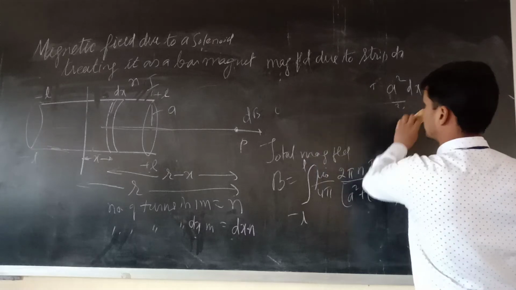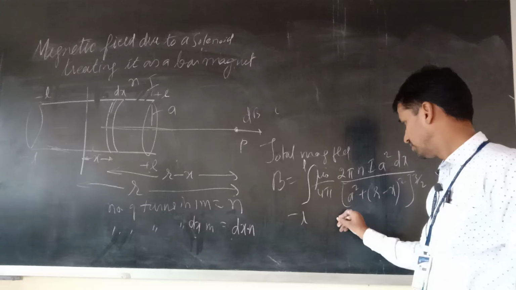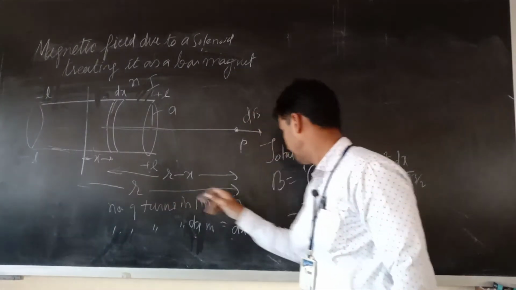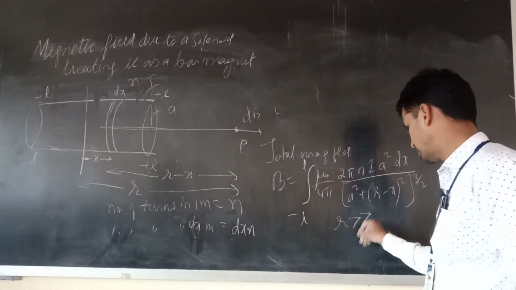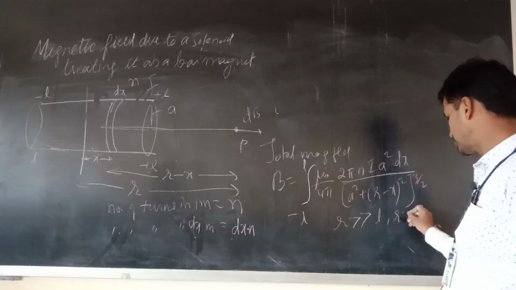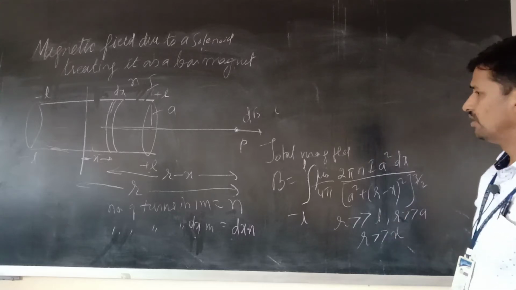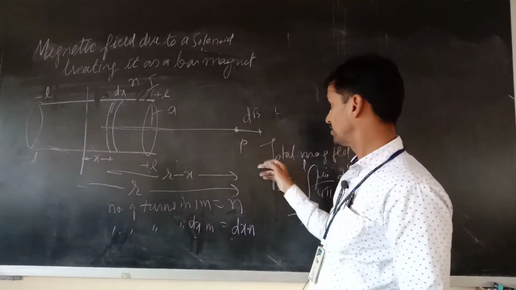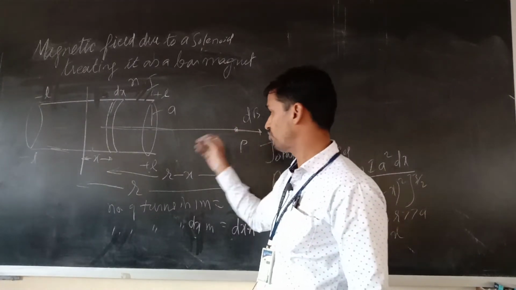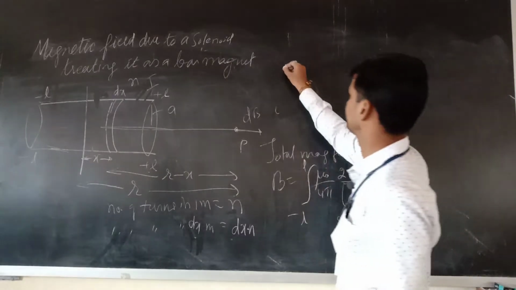Next, I have to erase this. Okay, listen. Here is one assumption. Let point P be at a large distance r, which means r is much larger than L, r is much larger than a, and r is much larger than x. R is so large that this point P is not here, it is quite far. R is much larger than x. In that case, children, let us see what happens.